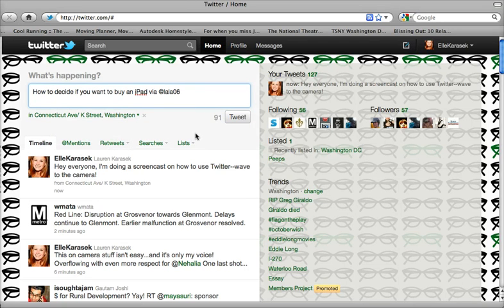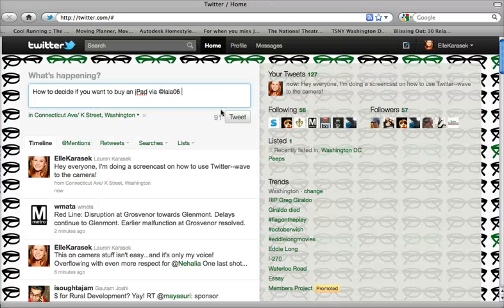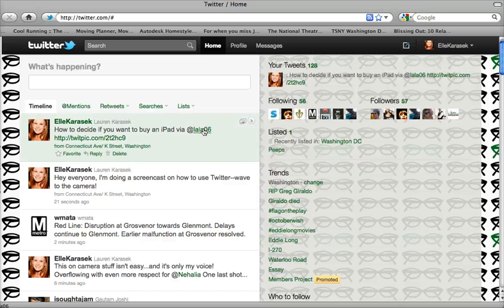And then we're going to come over to the picture. This is it. How to buy an iPad. Copy the URL and go ahead and place that here in the tweet. We're going to tweet it out to our followers, and now Laura has been recognized for providing the link, and